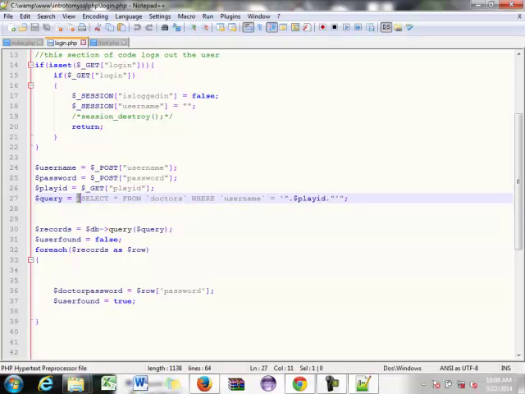And then what we do is we create a query. So we're going to select all from doctors where username is equal to